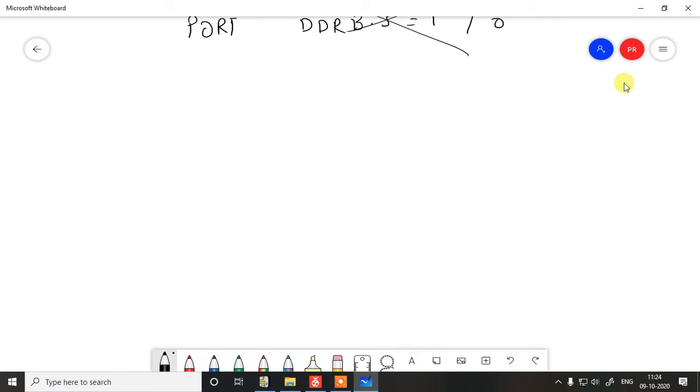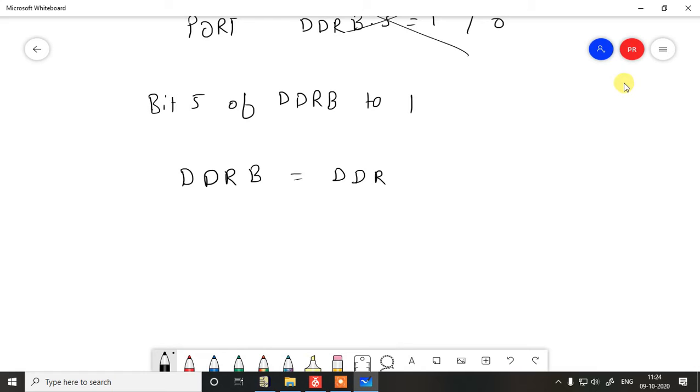What I want to do is set bit 5 of DDRB to 1. So to do that, DDRB is equal to DDRB logically ORed with 1 left shifted by 5 bits.